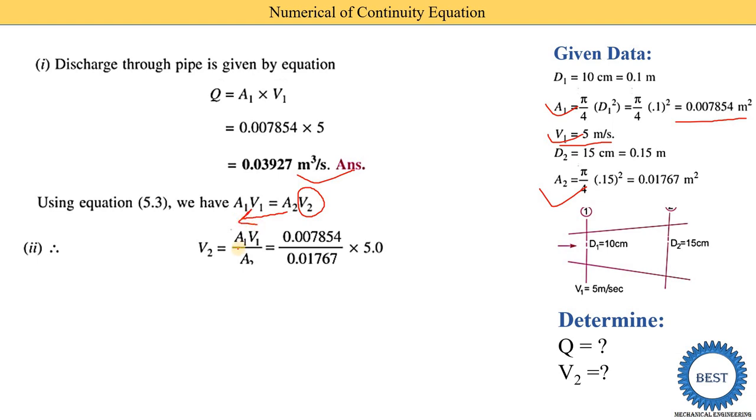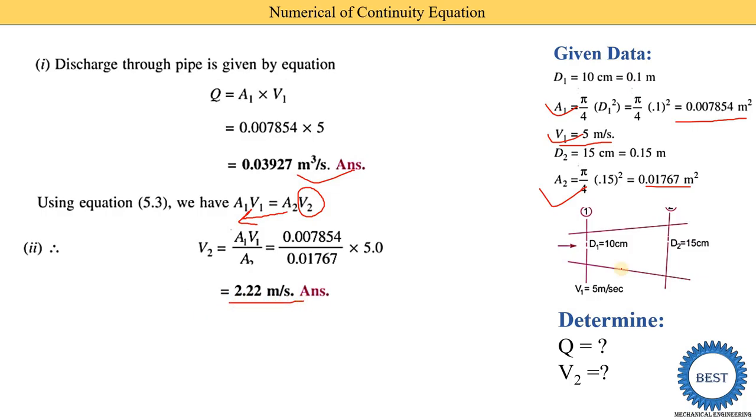So we get this equation, and we put the value of A1, it is 0.007854 into V1, it is 5, divided by A2. A2 is 0.01767, and we multiply these values in the calculator, then we get the value of V2, that is 2.22